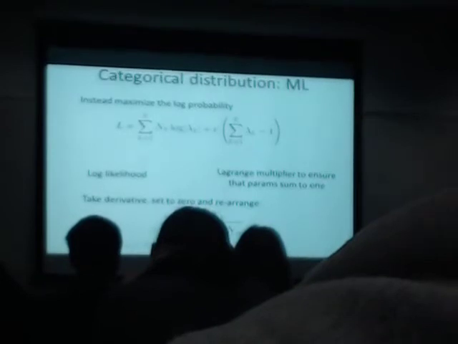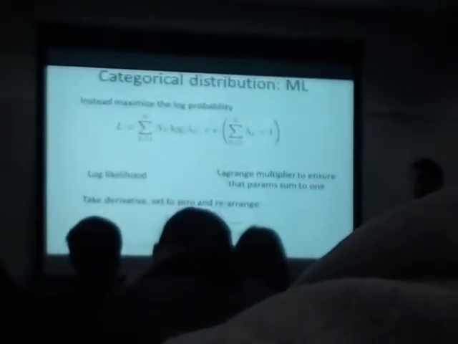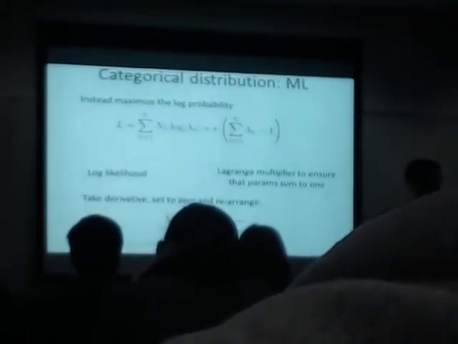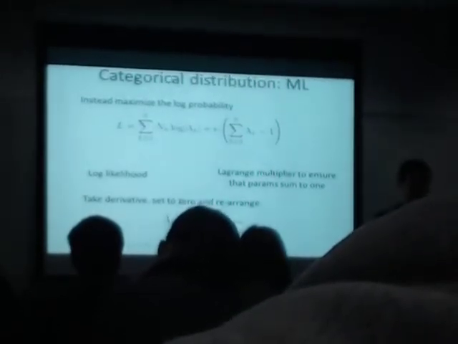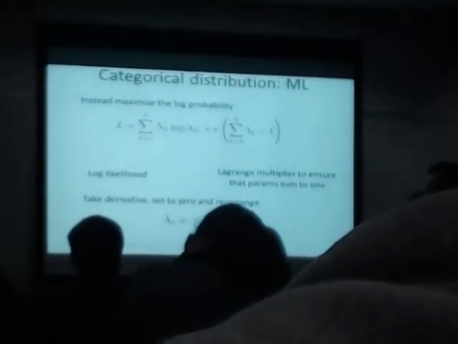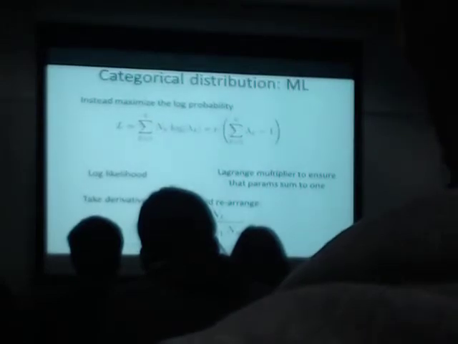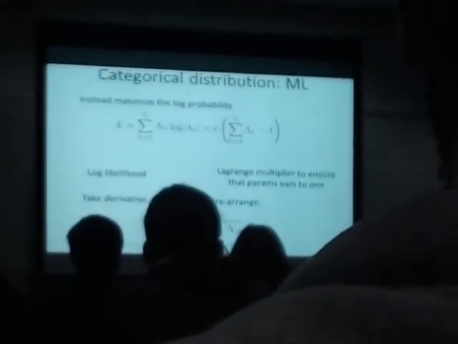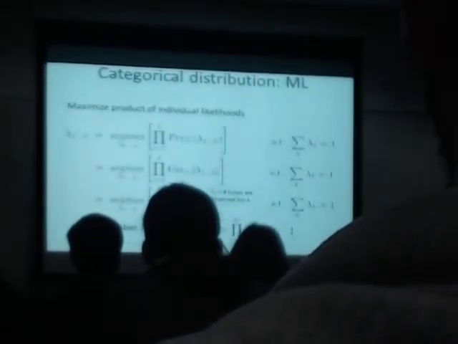So we take the log, and is that enough? No, because we're not enforcing the condition that the sum must be equal to 1. And I don't know if you've done this in the past, but do you know what Lagrange multipliers are? It's a nice way of expressing inequality constraints in an optimization problem. So your inequality or equality constraint is this,